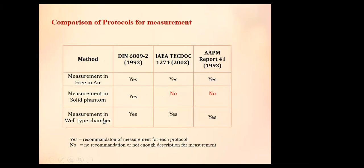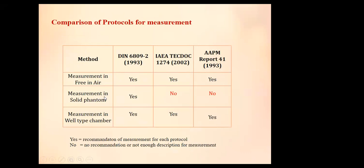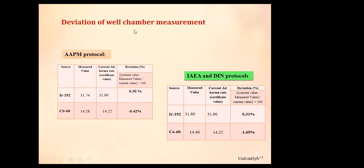So, comparison of protocols for measurements. Mostly the methods are well accepted for the 3 methods without solid phantom measurement. In IAEA 1274 and AAPM TG-43, it is only established in the DIN 6809-2 protocol. So, well type chamber measurements: the calculated value and measured value are also there. The deviation of well chamber measurements